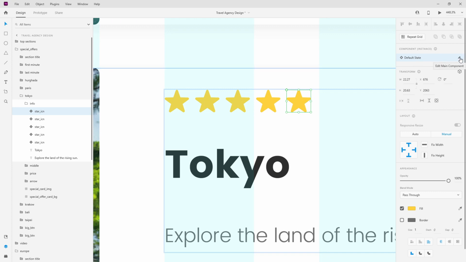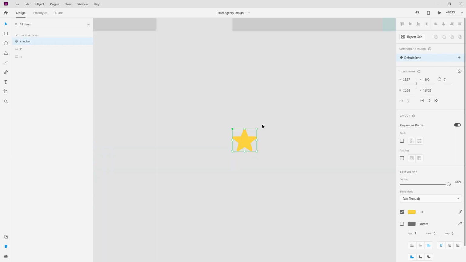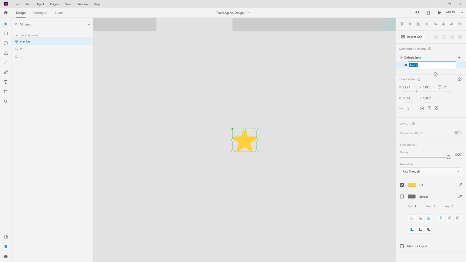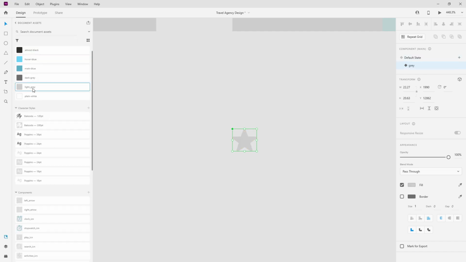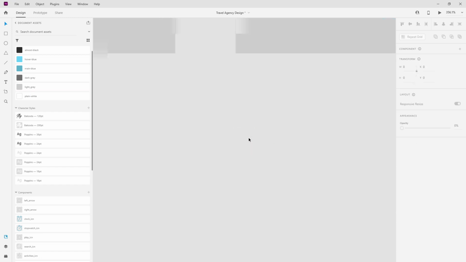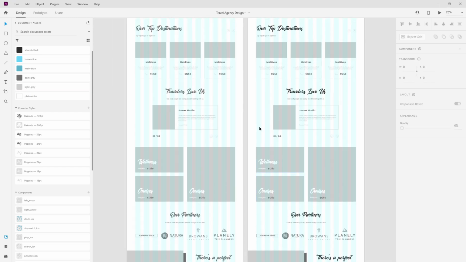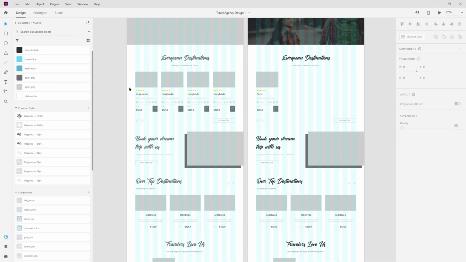As you can see, we have this option, so you can edit main component. When you click right there, it's going to create it right here, and you can simply create a new state, call it for example gray, and inside of your gray state, what we're going to do is simply use light gray, which is going to indicate that this is either not available or that the rating is that. So I can simply remove it, jump back to my design,